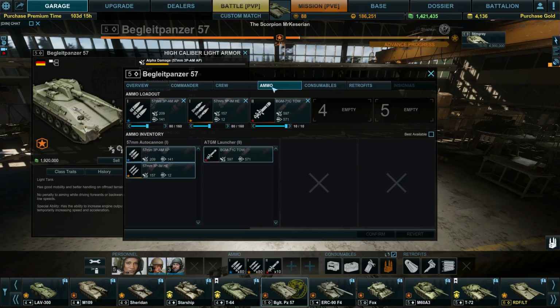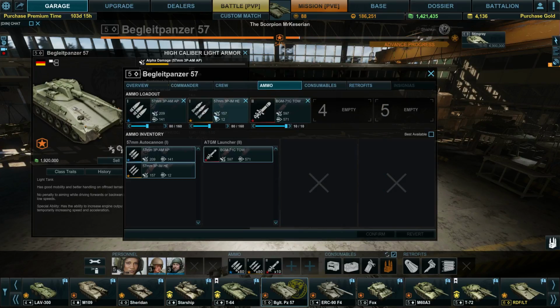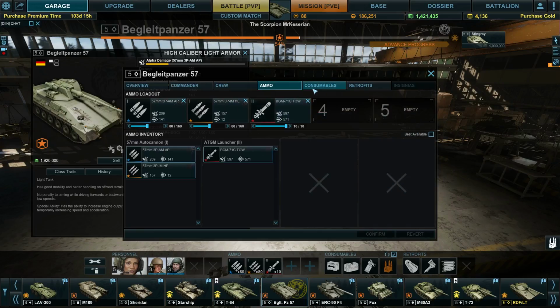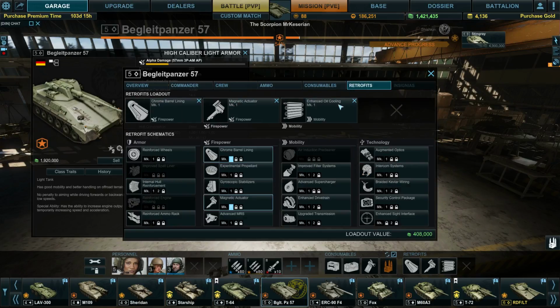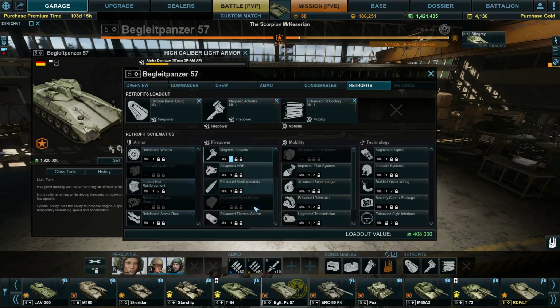Ammunition, fit whatever you have that's the best. I fit even AP high explosive. I don't really run out. You just fit as many of your tow missiles in your second pool as you possibly can. Standard consumable rig, retrofits. So I dropped in the chrome barrel lining, which boosts my damage and my minimum accuracy. I could have fit, and I thought about it for a few minutes,